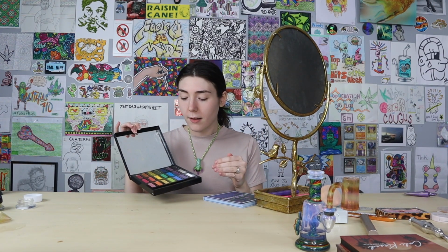I have 2 palettes that we're going to be using today. I have my tried and true, lots of Urban Decay products. I am a huge fan of Urban Decay, have been since I was so young. This is the full spectrum palette. This is my rainbow go-to. It literally has any color except for like a really good orange. I mean, it has a decent orange, but it's my second palette that I'm going to dive into,